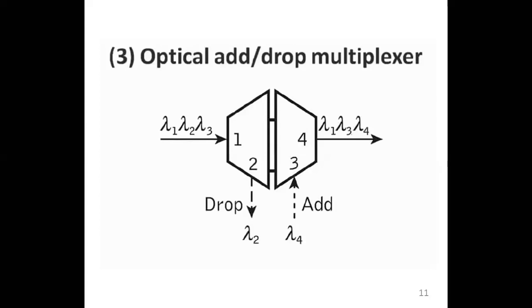Right? So one can ask, what is the use of such a multiplexer? The use of such a multiplexer is that the user's receiver may be existing at any point on the network. So you may want to send one of the signals to a receiver at an earlier stage rather than the entire stretch of the network. So this kind of a multiplexer gives us the flexibility to drop a signal at any time, and also gives us the flexibility to add a signal at any time. Therefore, you don't need to have just a source and a receiver.